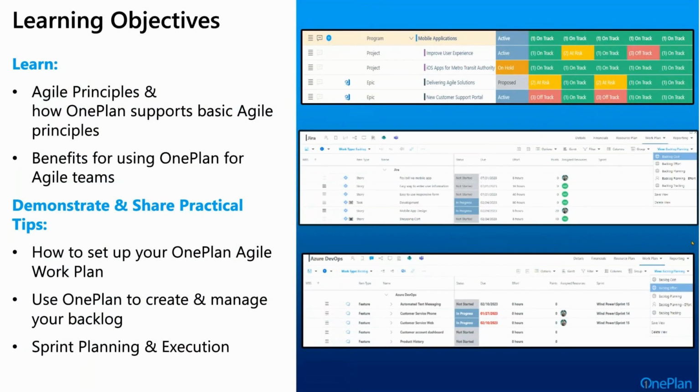I do want to preface this. This is not intended to be a replacement for Azure DevOps or Jira. This is just how you can do very similar functions that you get with Jira and DevOps inside of OnePlan. But especially if you can't afford Jira or ADO, this would help you out.